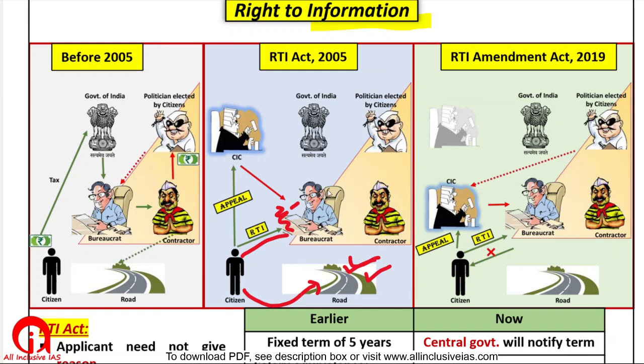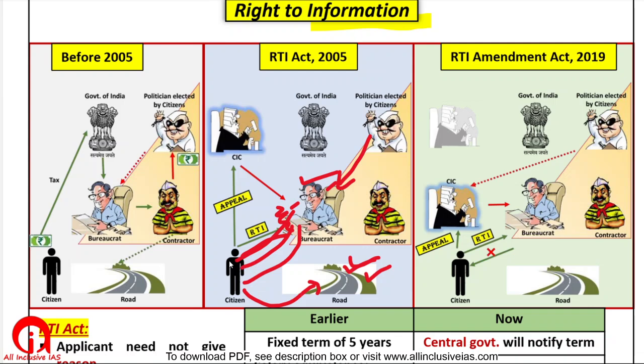Now when this bureaucrat wants to hide his corruption, what he will do is he will not disclose the information, or in reply to RTI he will give you some wrong information, or he will deny the information. He will say no, I cannot answer such a question, right? Because otherwise the minister will hit me and I will lose my commission and such things.